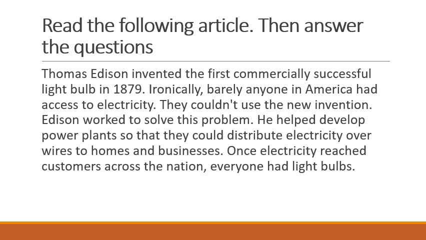This was in 1879, and of course before that time people in America didn't have any access to electricity. They even couldn't use a new invention which was produced by him. So Edison worked hard in order to solve this problem,